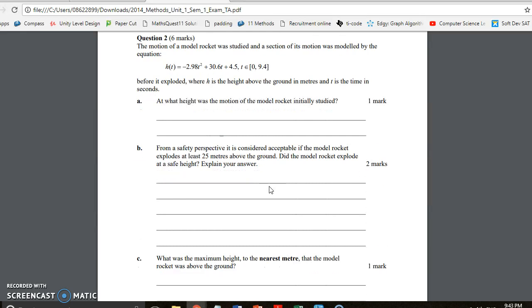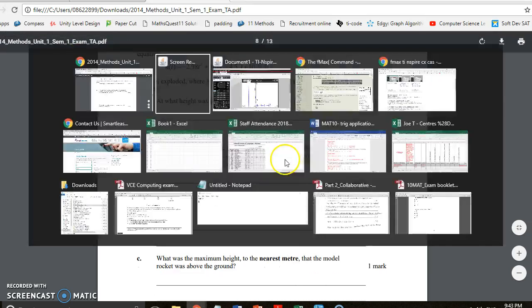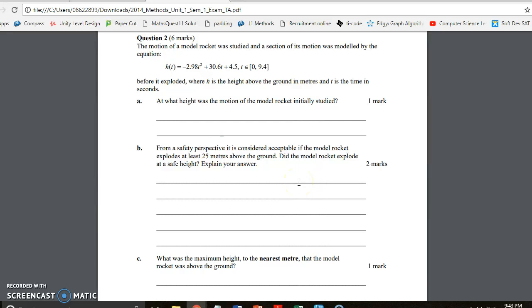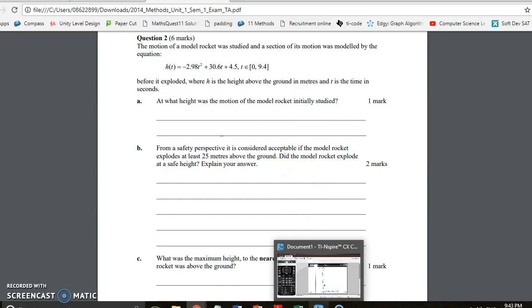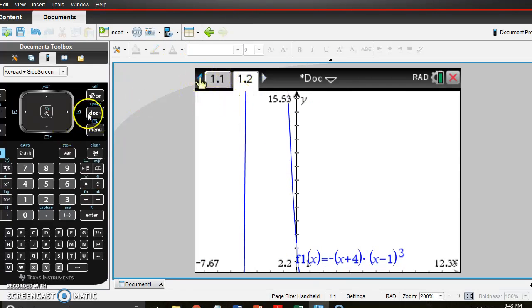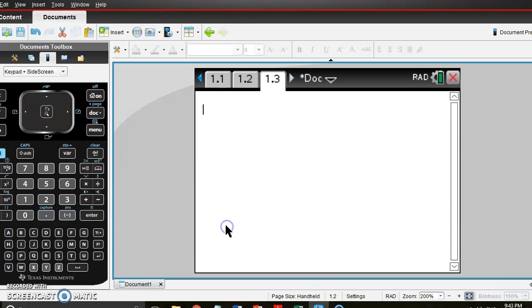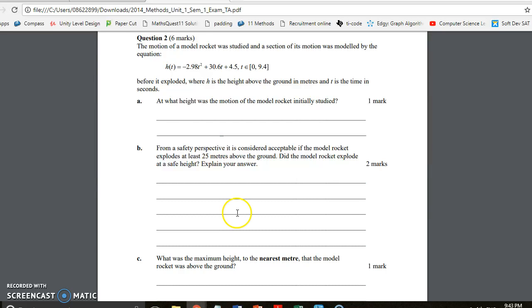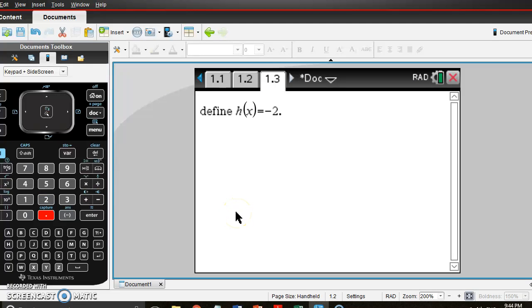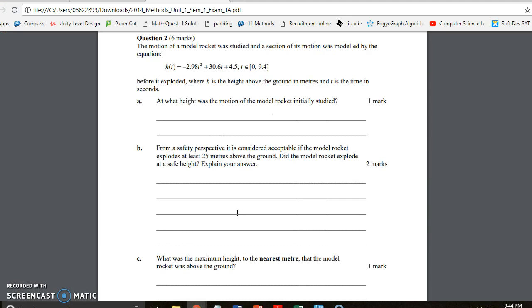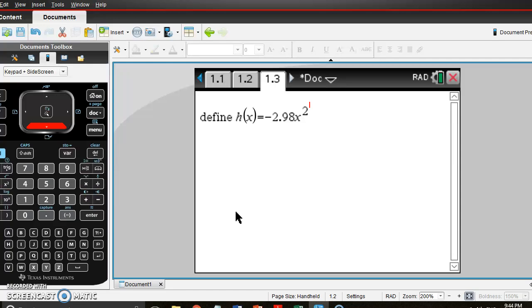Alright, so now I am going to use this equation a number of times, so I'm going to define it. Okay, so new thing, define h of x. h of x equals negative 2.98 x squared, plus 30.6x,